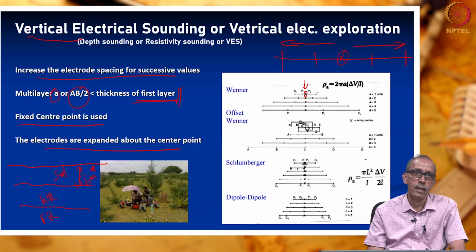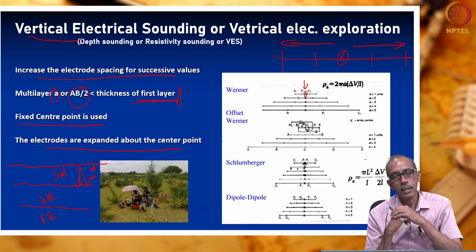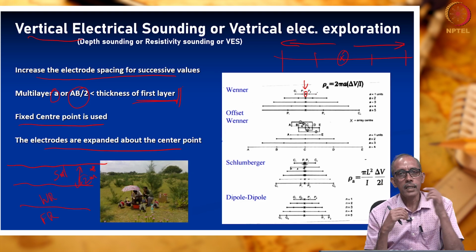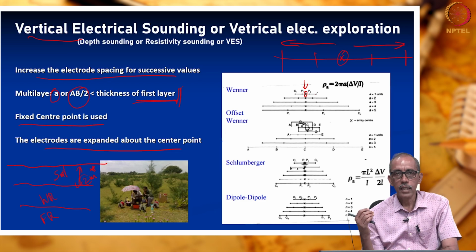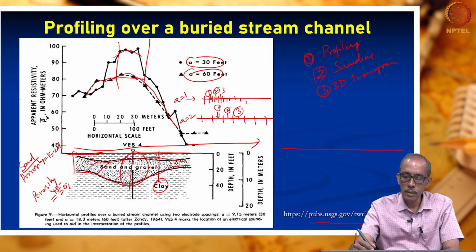Okay. So, here let us discuss which method of electrode arrangement will be better to carry out vertical electrical sounding. What do you think? Hope you can recollect Wenner method and Schlumberger method. For conducting profiling, which method is preferable? We had a discussion in the previous lecture. Which method is preferable to conduct profiling? It is preferable to use Wenner.